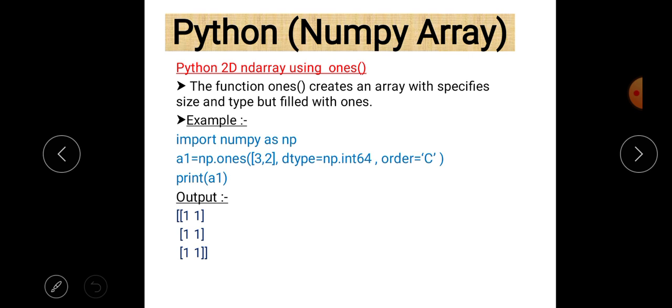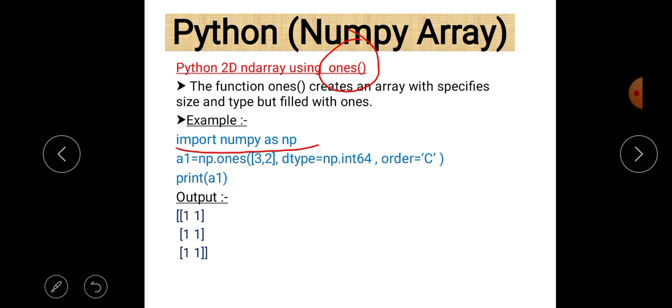Next is the Python ndarray using ones. This is the same as the previous one, but the only difference is that in this function all elements are 1. In the case of zeros, all elements are 0. Rest all things are the same. You can see here import numpy as np, which is useful to import numpy as a library into a program.